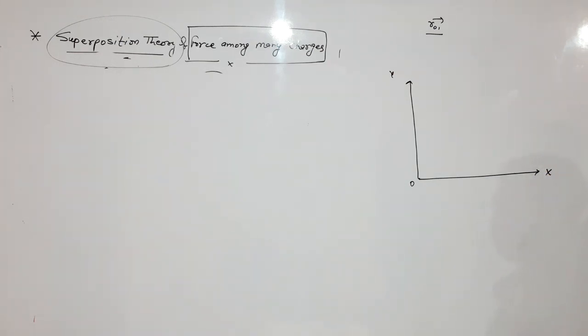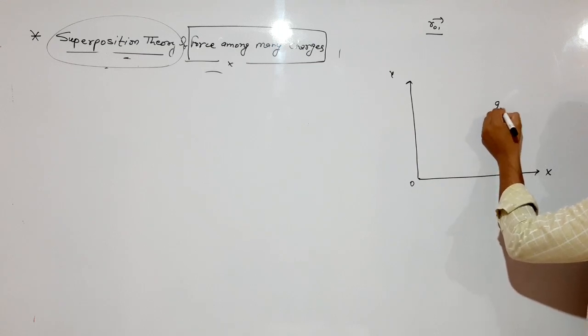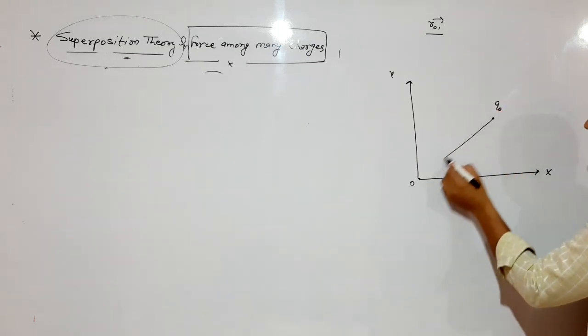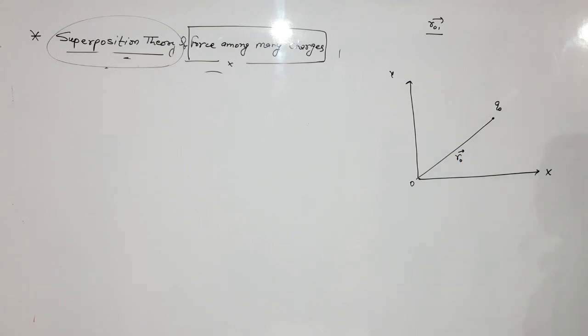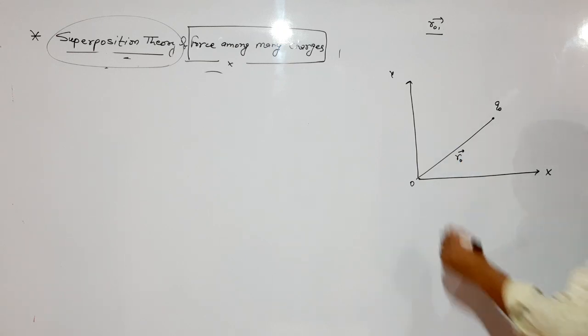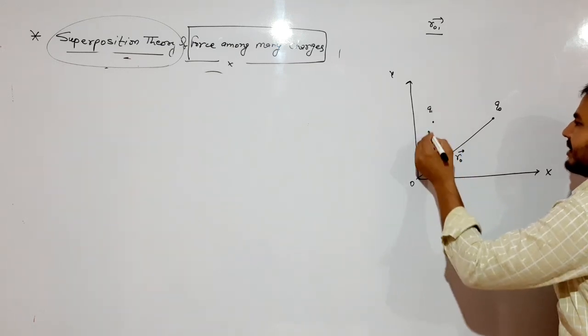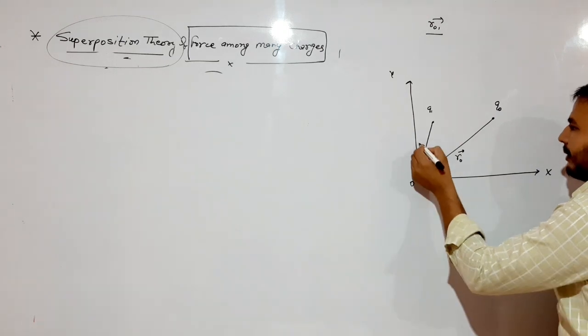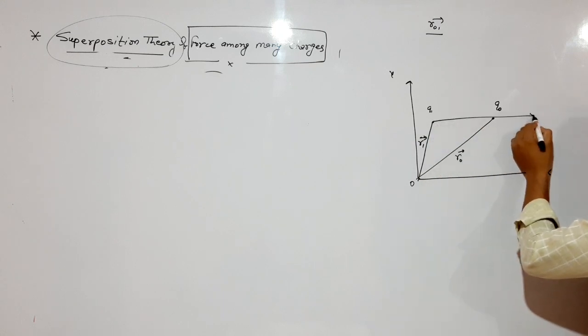This is a simple plane. Here Q naught is a charge, and its position vector is R01. Q1 is the point charge whose position vector is R01. If Q1 applies a force on Q0,